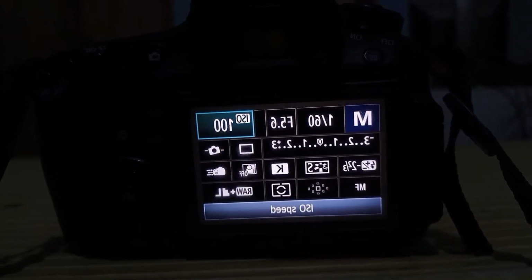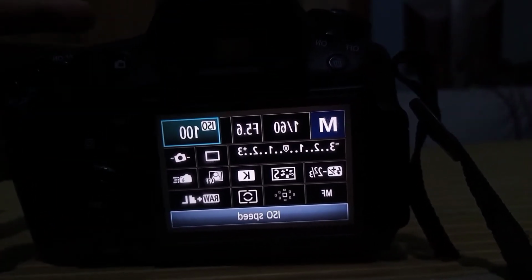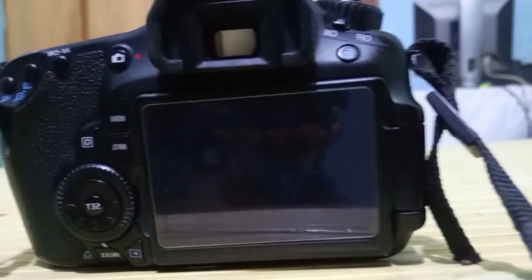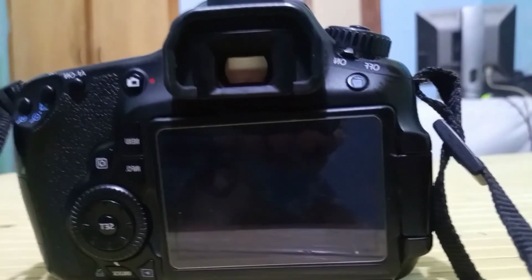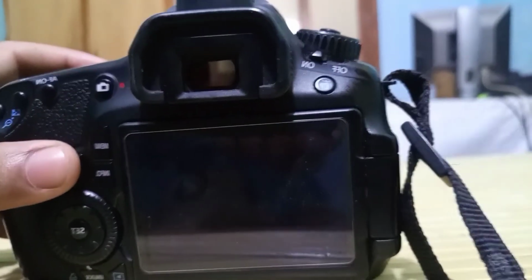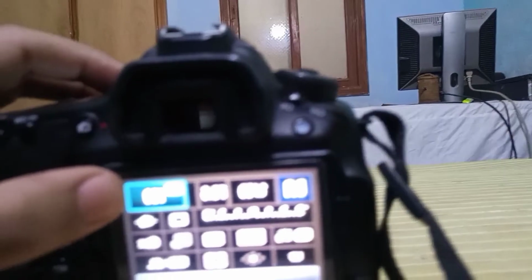So what does ISO mean? ISO basically means how much light comes into your picture. Practically, I will show you first. Here is our object, Realme C2, and I click a picture with my ISO at 100.